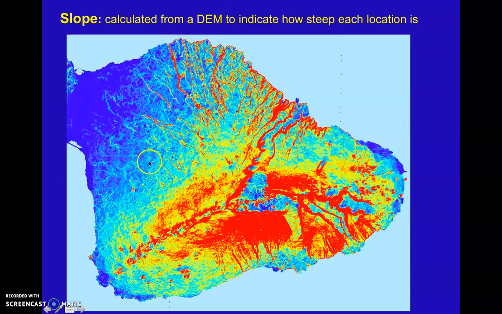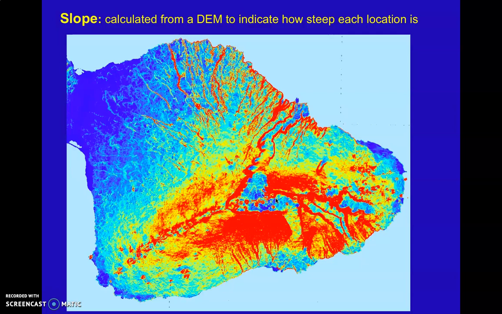But then you go up the slope to Haleakala Crater, things are starting to get really steep. And then you can see we have this really steep area, which is basically a cliff that's making the border of Haleakala Crater. And then we have another area that's relatively flat down in the bottom of Haleakala Crater. So again, this is one way that we can sort of assess which areas are relatively flat and which areas are relatively steep. And again, this has been produced from the digital elevation model, or the DEM, from this spatial